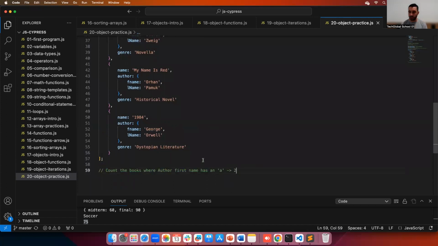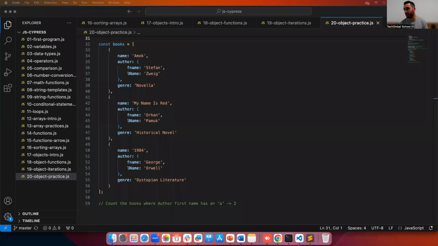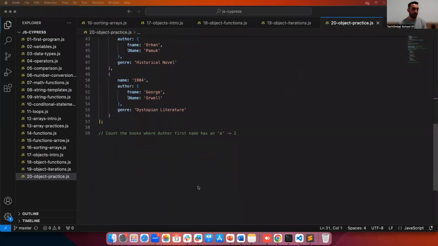You can do this with the loop. You can do this with the reduce as well. So it's up to you. Let's do this as well and then finish it. Let me also do it. So one way,